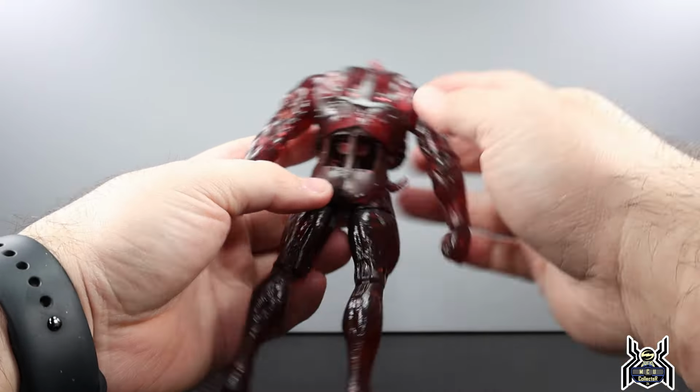But here now we have the back piece, so we got a lot going on there. So the diaphragm works a little bit. I don't know, is this keyed in? Okay, this says R. So that's going to key into this bottom part because it can only go into certain places. So this one says R. We're going to pop that in like so. We get a little click sound, so that's good. Let's get the other one. This one has an L. So we're going to pop this in